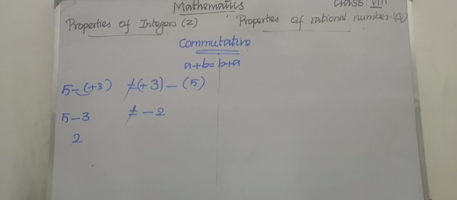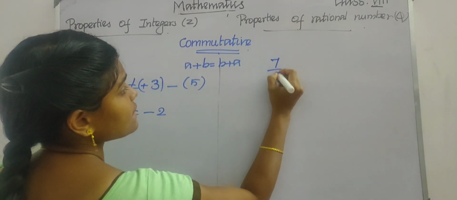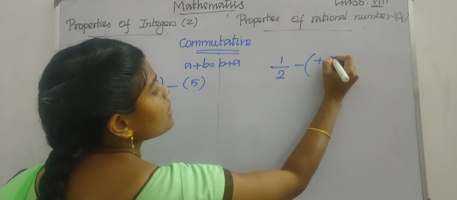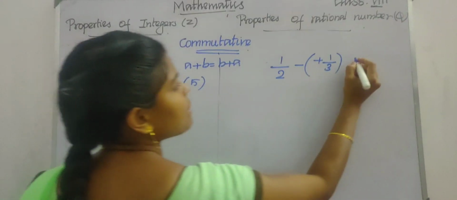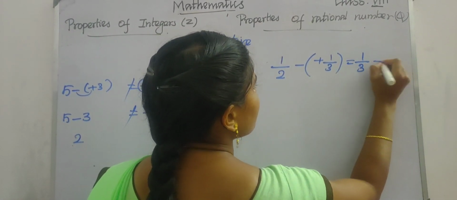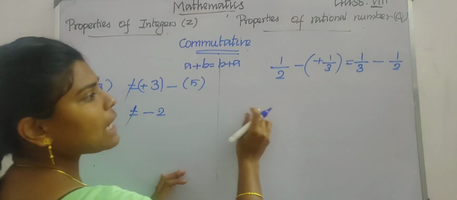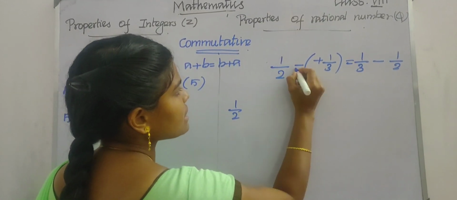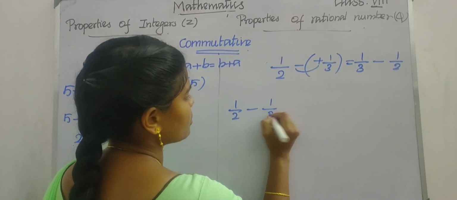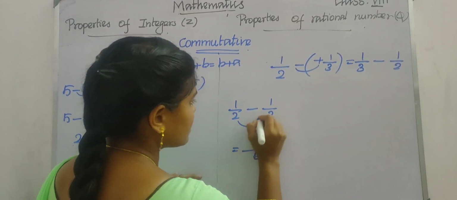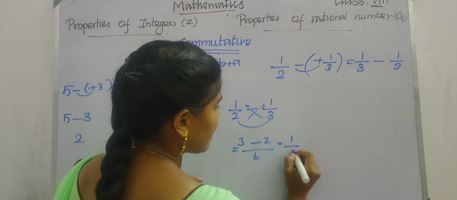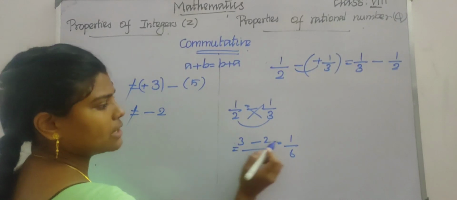Okay, let us check for subtraction of rational numbers. See, if we have 1 upon 2 minus 1 upon 3, and if I subtract 1 upon 3 minus 1 upon 2, let us subtract and check whether these two are equal or not. So 1 upon 2 minus 1 upon 3. Now 2 3s are 6. 1 3 is 3 minus 1 2 is 2. So 3 minus 2, 1 upon 6. The greater number's sign is plus, right? So 1 upon 6.